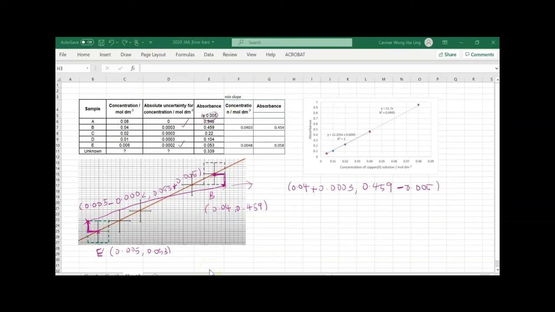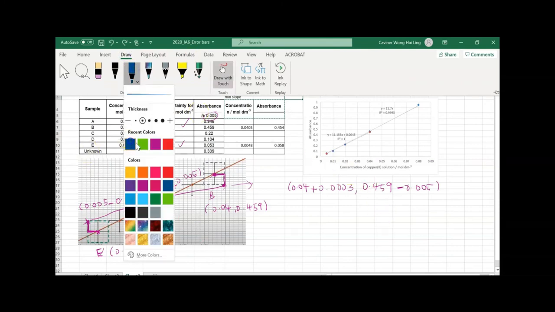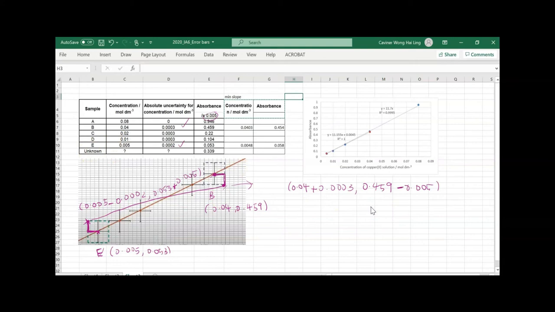Okay, next we are going to plot the maximum slope for this calibration curve. So in order to plot the maximum slope, we're going to use the same idea we did just now. So the calibration curve is plotted using this point, and this slope that we plot will be known as the maximum slope. So in order to get the x and y coordinate for the maximum slope for sample E, what we're going to do is, using the same idea as just now, go and take the coordinates of E, which is 0.005, and by looking at it, we are supposed to add the x uncertainty, which is